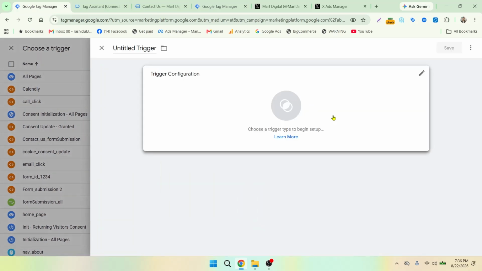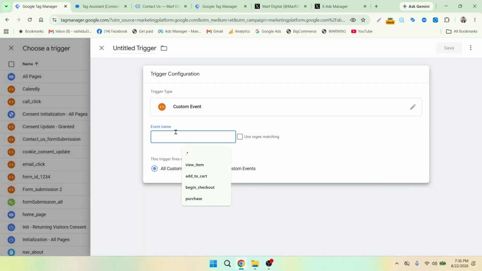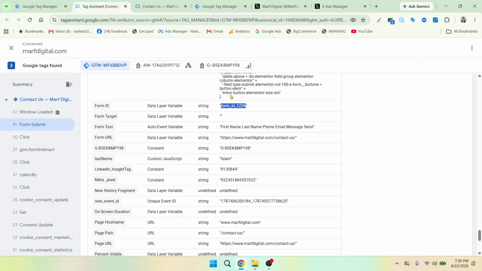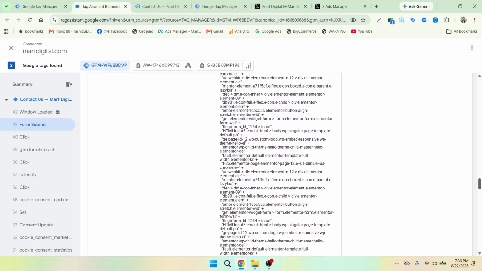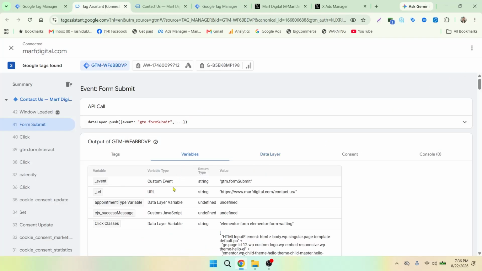So let's go back and set a trigger. That trigger will be a custom event, and the event should have this event name, should have form, that is the form submission event, that should be form submission event. Okay, if I go, then this is the GTM form submission event. Let's copy it